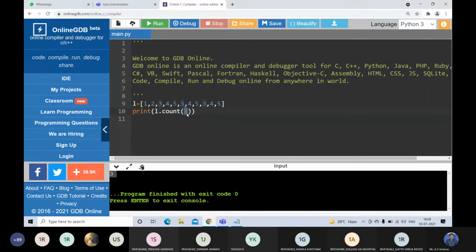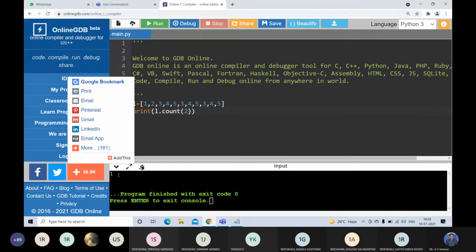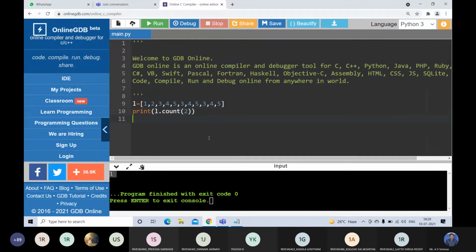So we'll get 3 here. If I give the count of 1, how many times does 1 appear? Only 1. How many times does 2 appear? 1 time. So it just counts the number of occurrences of a particular element. We are going to use this count method for that.